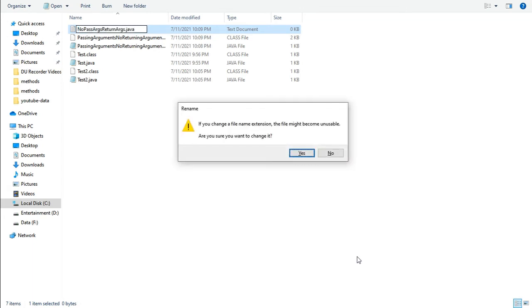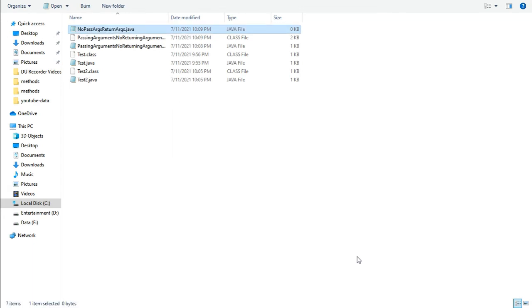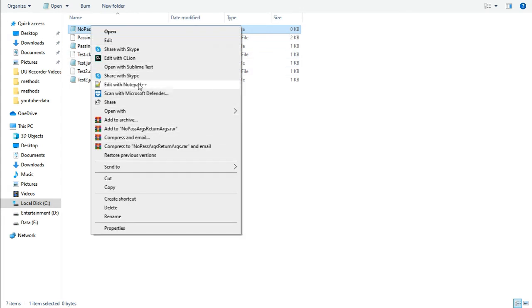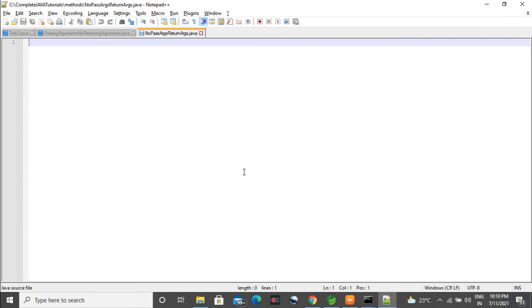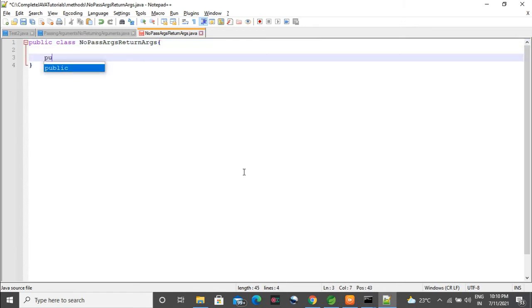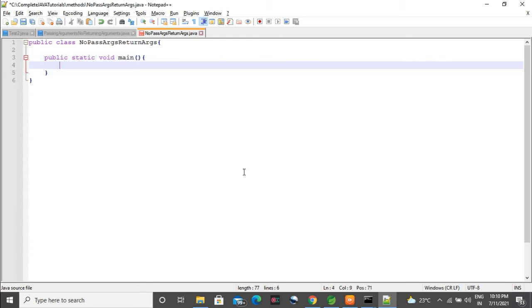Why I'm copying? Because if you are going to type, then maybe by mistake we will do something wrong and then it will give us a compiler error. Okay, so because of that only I'm copying. Otherwise you can type it also. There is no such problem that you can't type. So again the main method, public static void main string array of args. So string array of args will come inside the parenthesis.